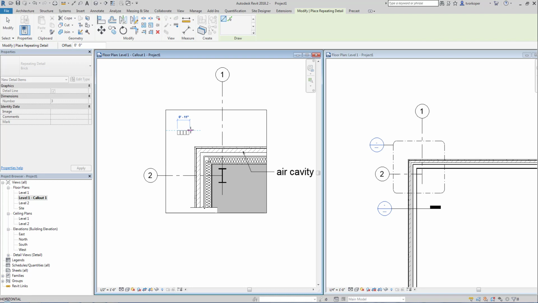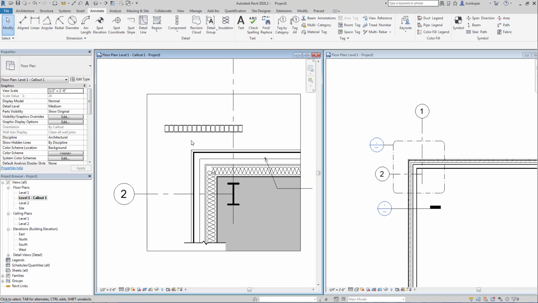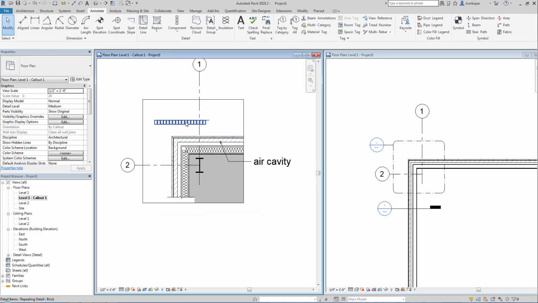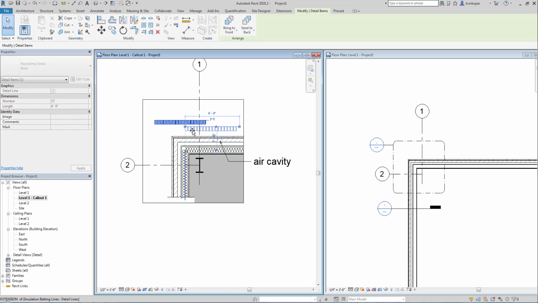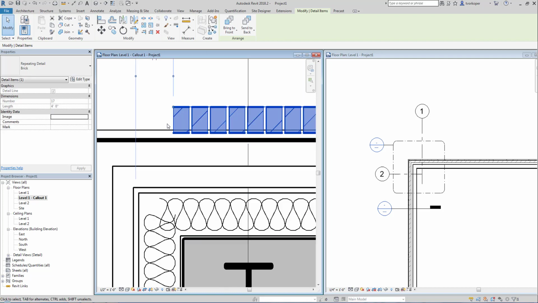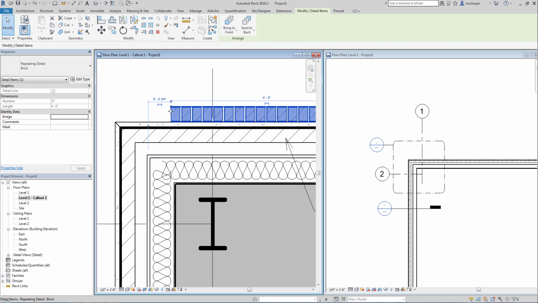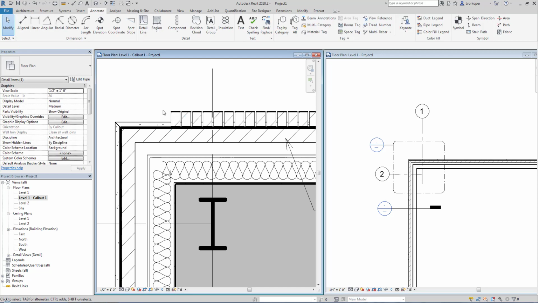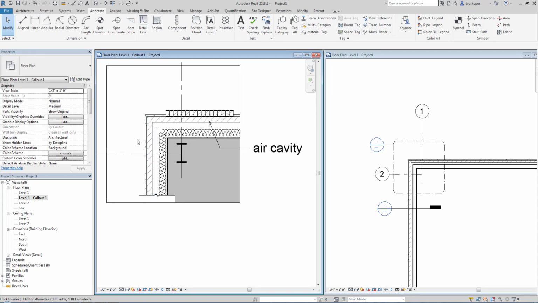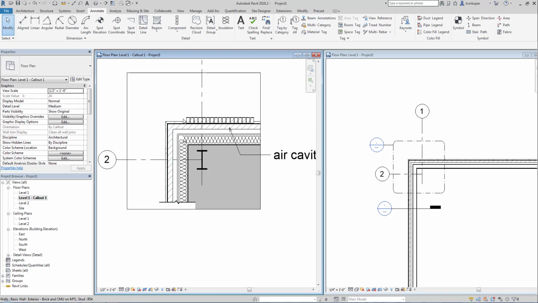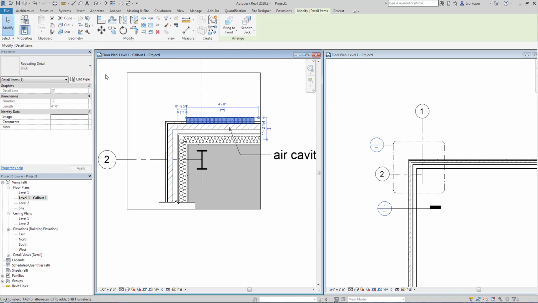If we click and drag, we can see that the brick repeats itself. For instance, if we had a window and we wanted a brick sill, but we didn't want to model it, we could place this right against the existing brick. It would actually be right there. And that's an easy way to make a repeating detail. We can highlight this,